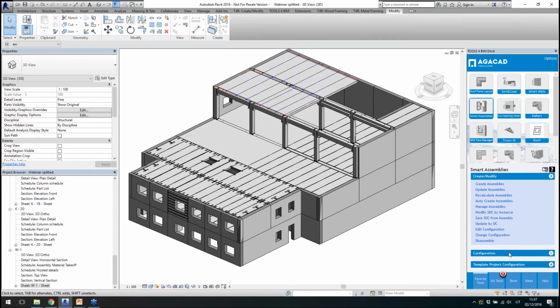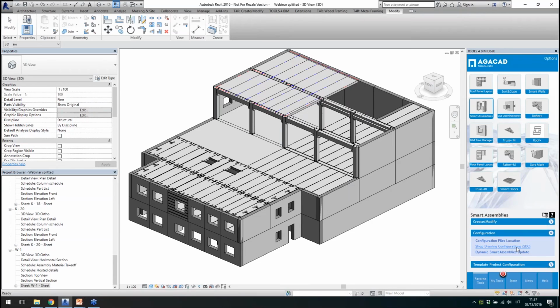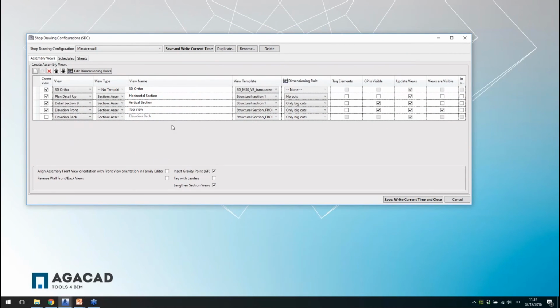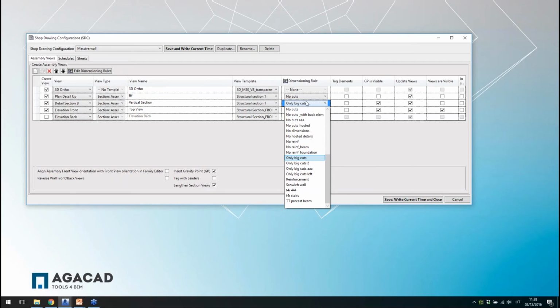And why does it work in such a way? Let's say I will open shop drawing configurations, and we will see. So where is it? Okay, shop drawing configurations. We can define here how many views we want to create, what kind of views, like a standard Revit one or some flipped versions which were added by our IT guys. Then you can choose the view type, add or change the name of the view, assign a view template, save this configuration,